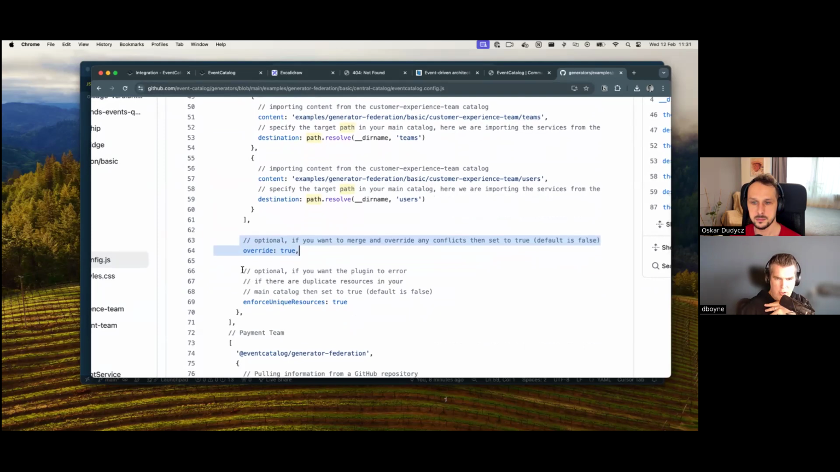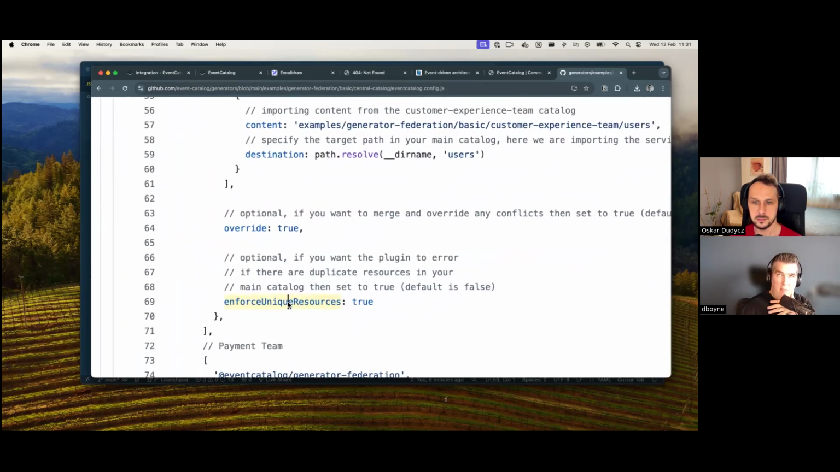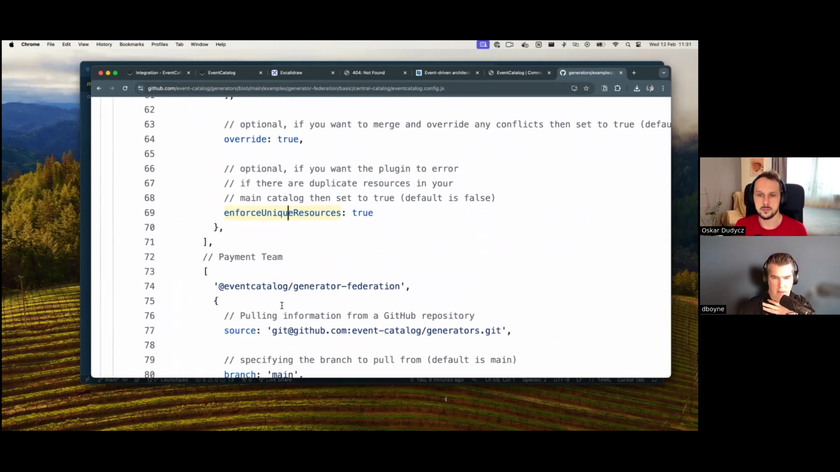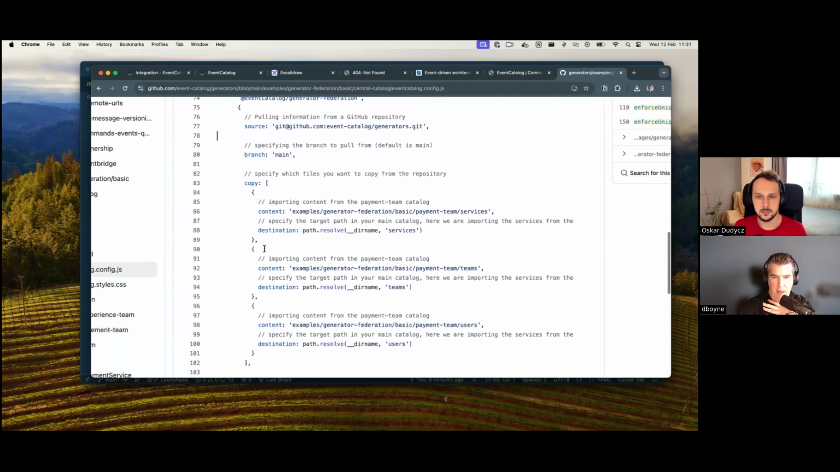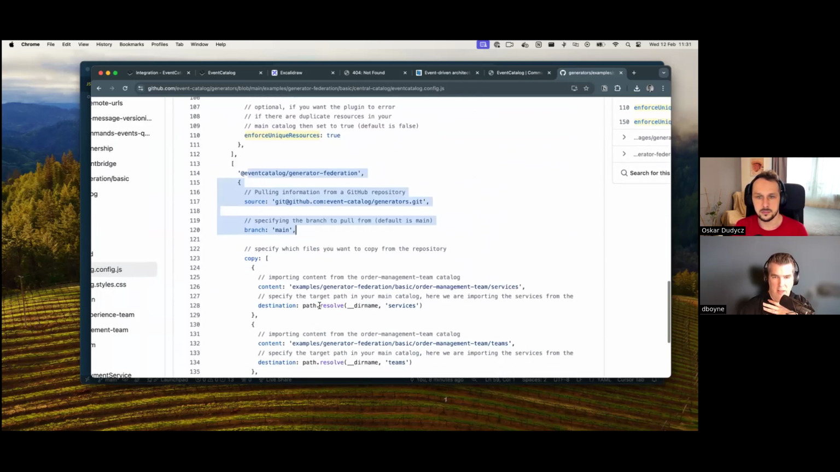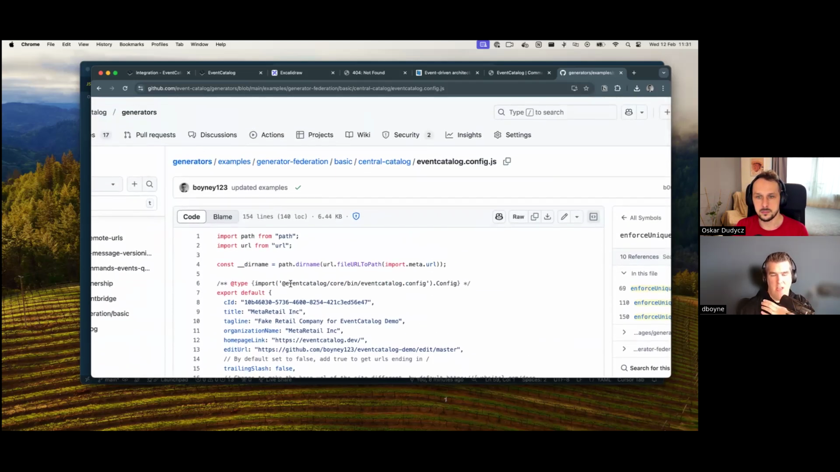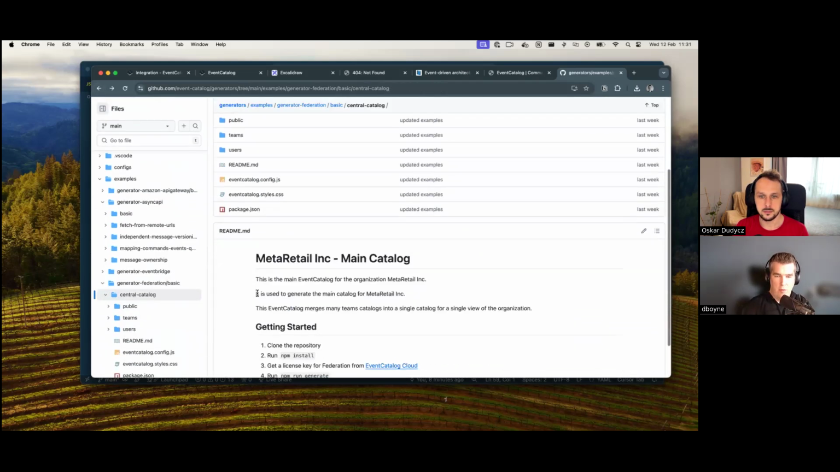And then we're also telling this generator to enforce unique resources, meaning if we have 10 teams and we have duplicate IDs and resources, the generator would stop and tell you. And that's it. And then we do the same for the payment team and we do the same for the other team. This way, when we run this, it actually goes in and generates a catalog full of information from